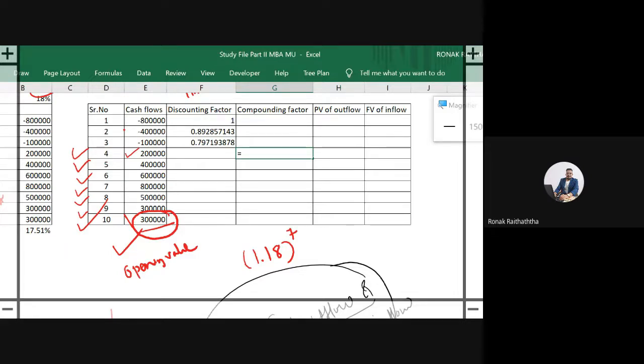For the first year, you will get 5 years of interest if the investment is for 5 years. Then if you invest something in the 2nd year, you get the interest for that amount for 4 years. 2nd, 3, 4 and 5, right? Similarly, if I'm investing something in the 4th year, then I will start getting the return from the 4th year onwards, and I want the closing value. So 4, 5, 6, 7, 8, 9 or 10. I will get it for 7 years. So 1.18, closing the bracket, raised to 7. So my compounding factor will be 3.1854.